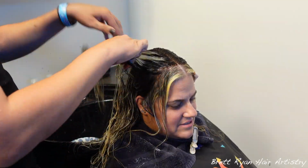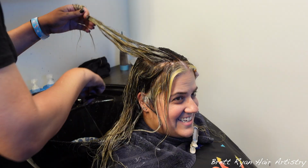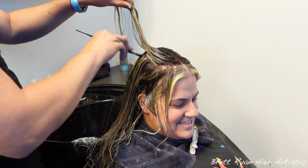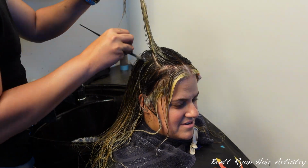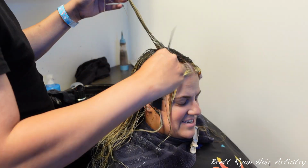Alright guys, so she processed for that good hour. We mixed the toners up. You've seen the formulas I'm using. We're doing Joico Lumishine 5N, 5NA on the root shadow that we're doing right now. We're not doing a smudge, we're doing a shadow. And it's going to be more opaque, so it blends in really well with her natural. We like to do that more opaque shadow look on her, and I love using Joico or Goldwell when I